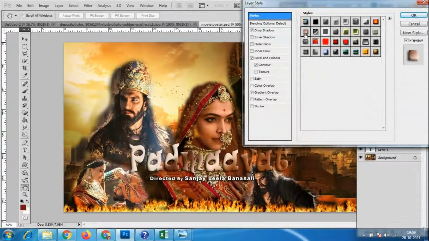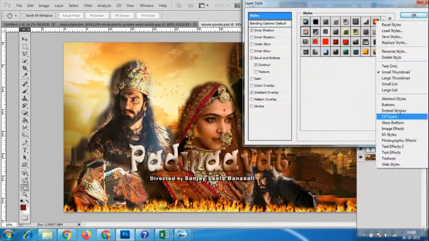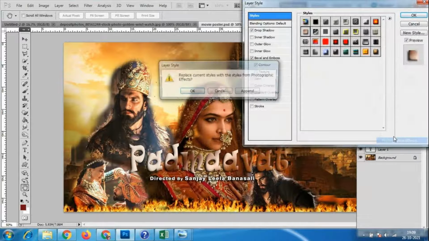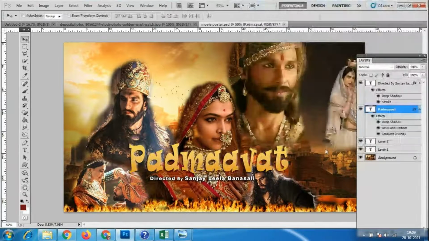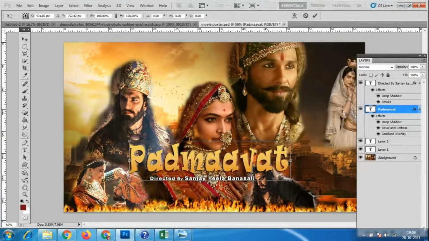So if I go to here, any photographic effect, something like this also I can use. So here only this is the thing which is matching. Okay, because it has orange color and all, so I can use this kind of color.